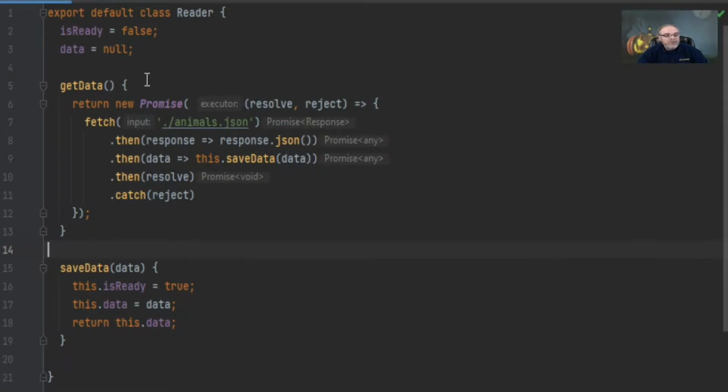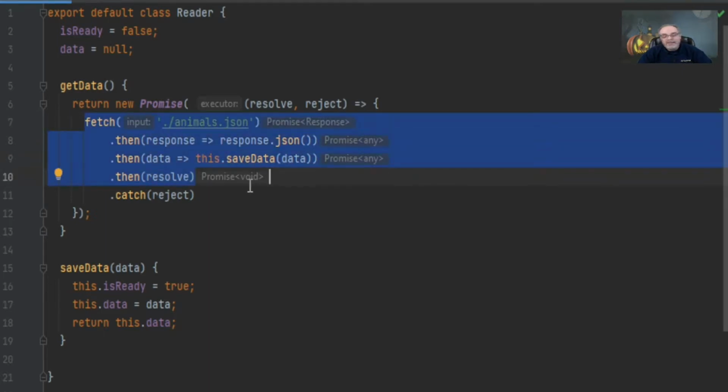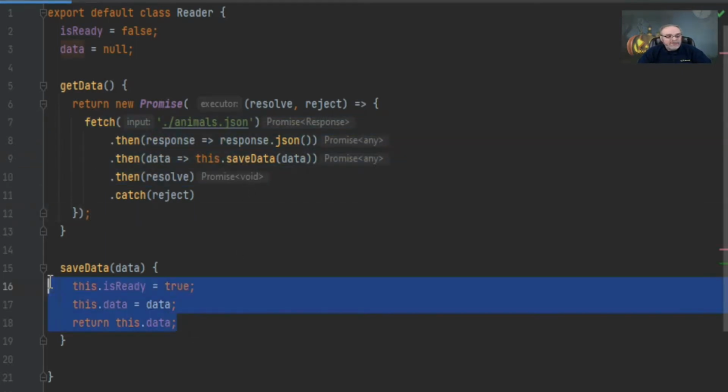Here is the reader. Basically, each one of the 3 different JavaScript files representing our 3 different applications will use this reader class to read in the data. Yeah, I know it's inefficient, but again, this is just for argument purposes. The purpose of reader is to fetch the data, in this case animals.json, and then to save the data within